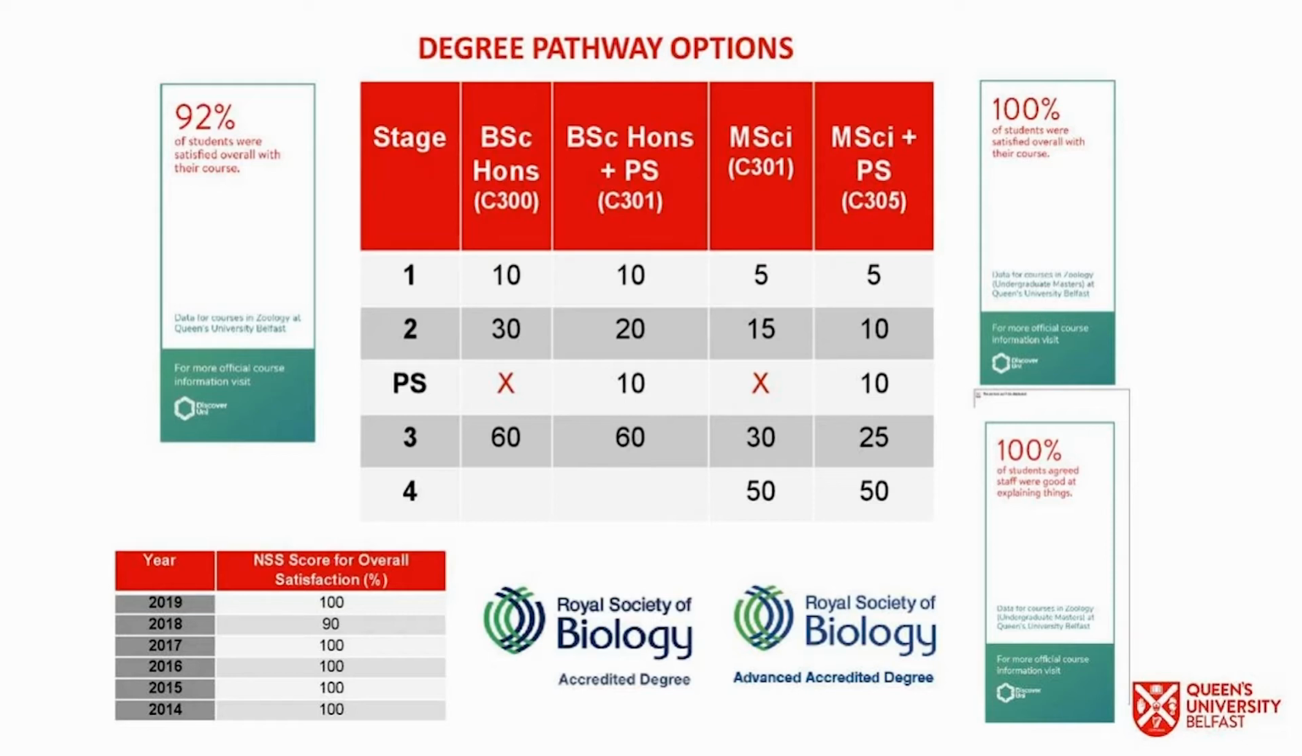One point to note is that it's also possible to transfer between courses. For example, you can transfer from the BSc to the Professional Studies program. This is normally done after Stage 1. Students can also transfer from the BSc program to the MSci program to complete the Stage 4 research project if